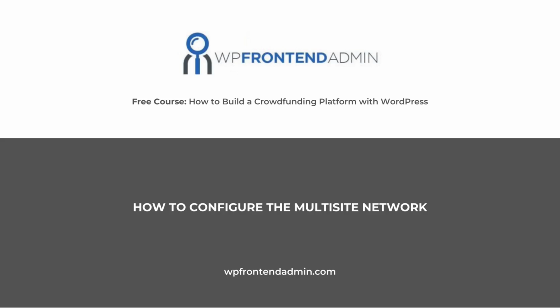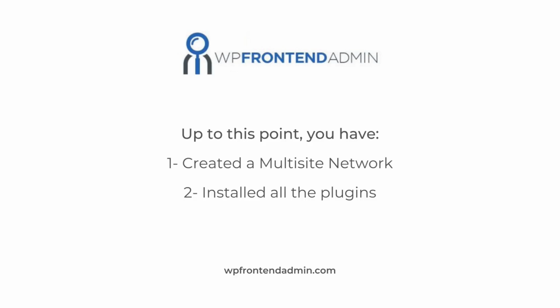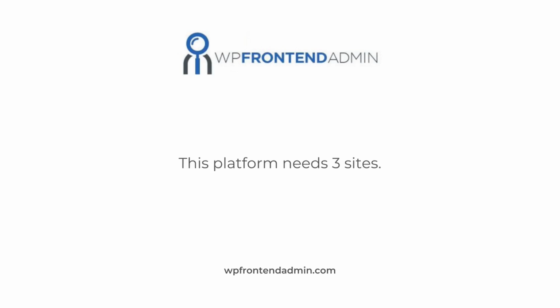In this lesson, we will show you how to configure your WordPress multi-site network. Up to this point, you have already created a multi-site network and installed all the necessary plugins to build a crowdfunding platform. This platform requires 3 essential sites. The first site is the network's main site. This site will be used to sell the membership plans and promote your platform. It will contain a beautiful homepage, pricing pages, contact forms, blog posts, and all the content you want to add